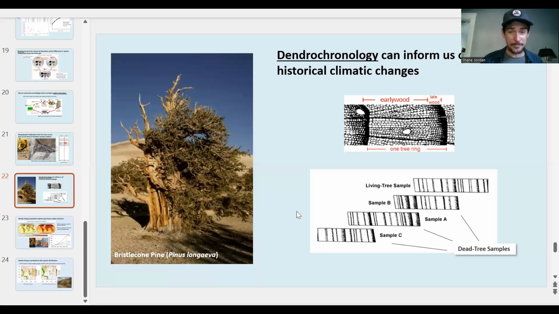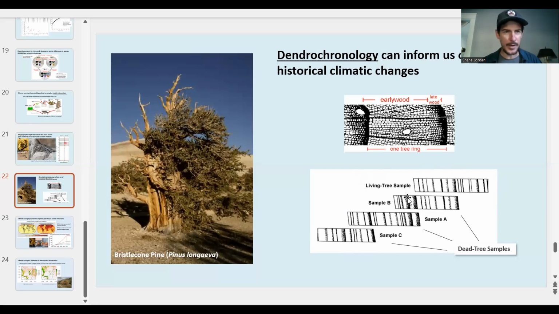So that's pretty interesting. However, it gets even more interesting when we start to compare the living tree sample to dead tree samples, because these dead tree samples potentially carry climate records going back even further. And as it turns out, the climate record in these different widths of late wood can be cross-dated between living trees and dead trees, and even among dead trees as well. And so we might take our living tree sample, and we can see the patterns in different widths of late wood, and we can figure out how to cross-date, how to line these things up,